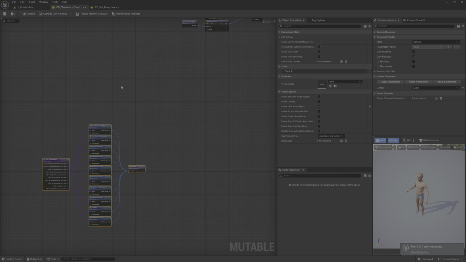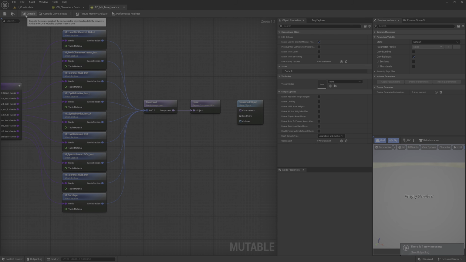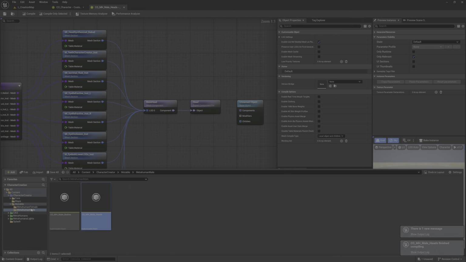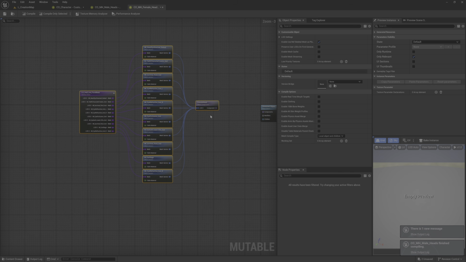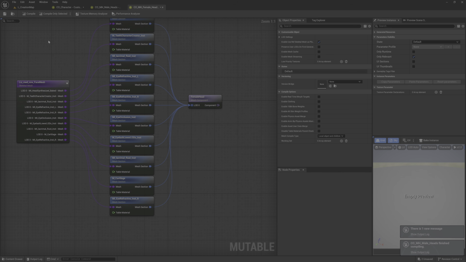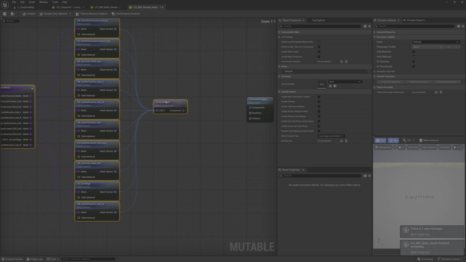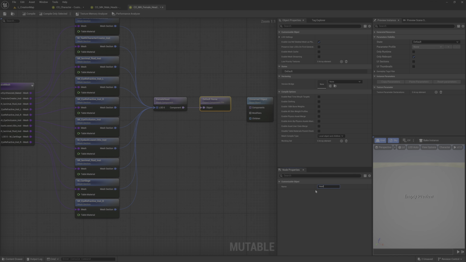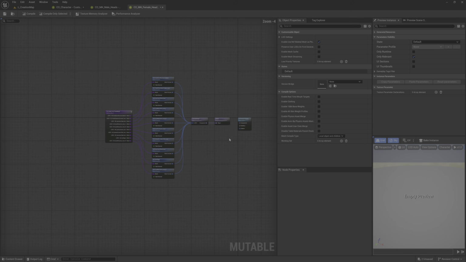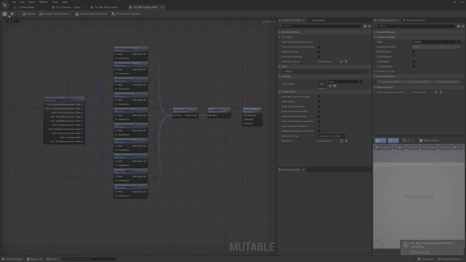Okay, now female. Go to female head, and export component pin, again head, and save.